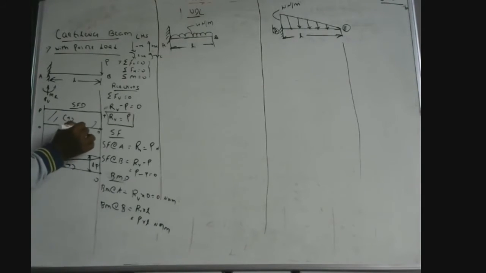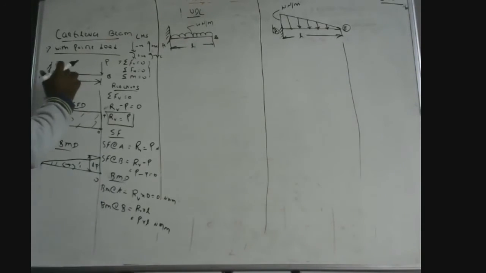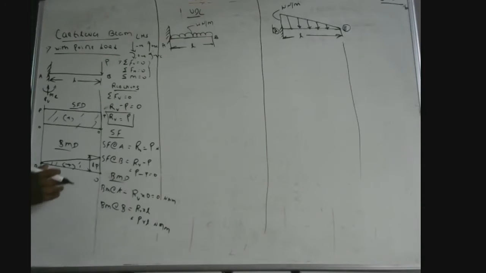So whenever a cantilever supports a point load, this is my SFD. This looks like a linear diagram and the BMD is also linear, it's a triangular shape. So that you have to see. Finally, to derive the bending stress concept, we are going to calculate for each beam with a different load condition what the maximum bending moment may be. Therefore, finally we require the maximum bending moment.